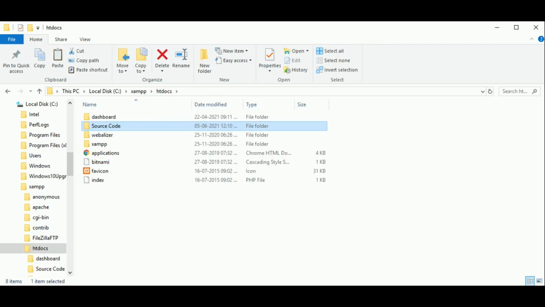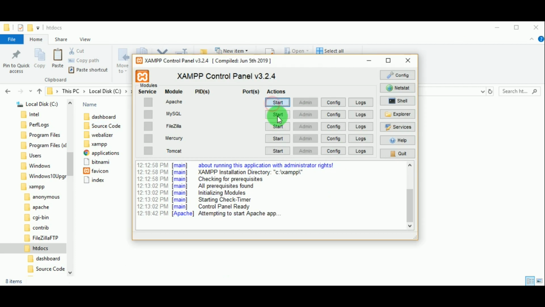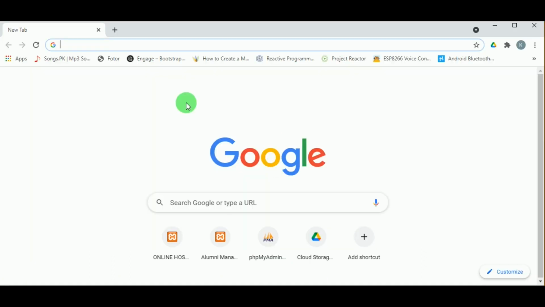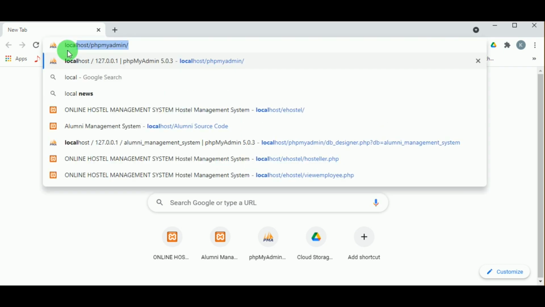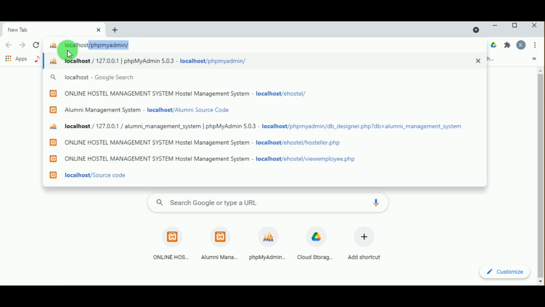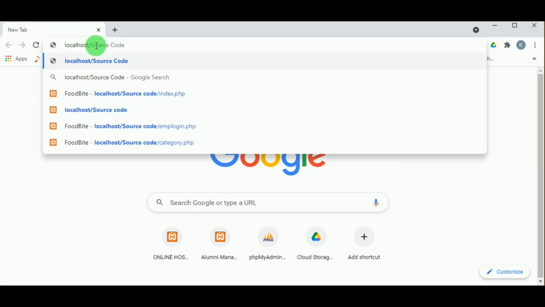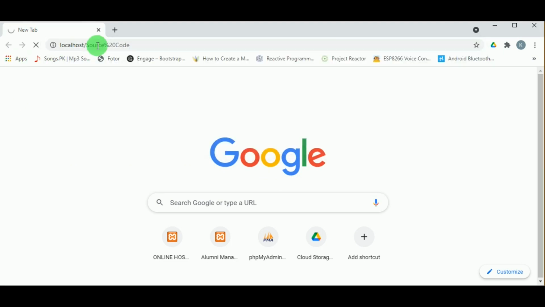So you can execute the project only if you start the XAMPP control panel. For that you have to have the XAMPP control panel installed in your system. So let us start the Apache and MySQL server and let us open the browser. In the browser type localhost / and type the name of the folder what you have copied in the htdocs. So we have copied the folder source code. Let us paste the name of the folder and